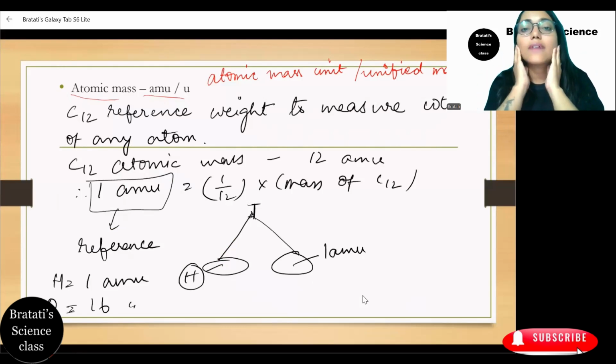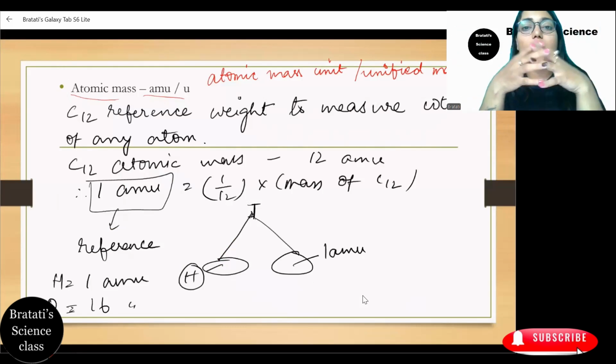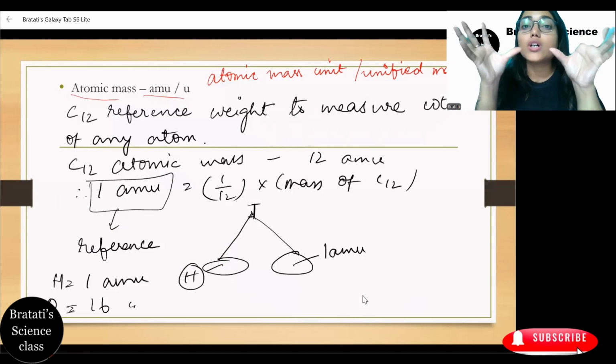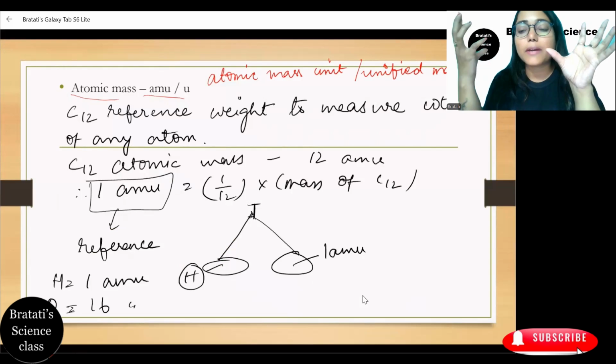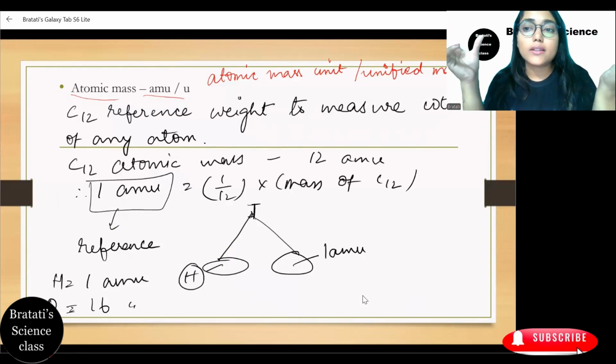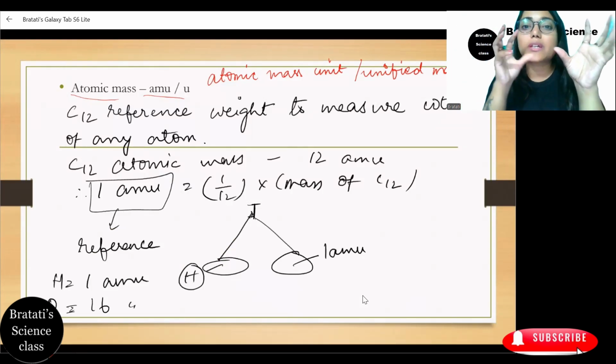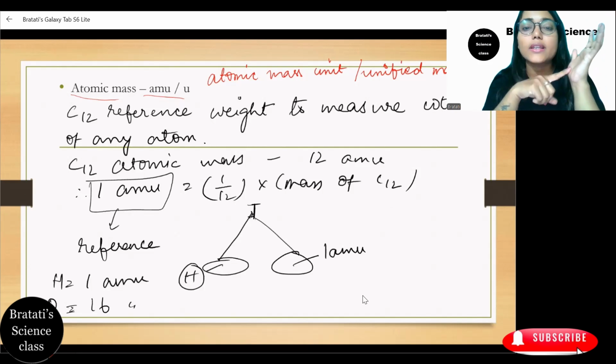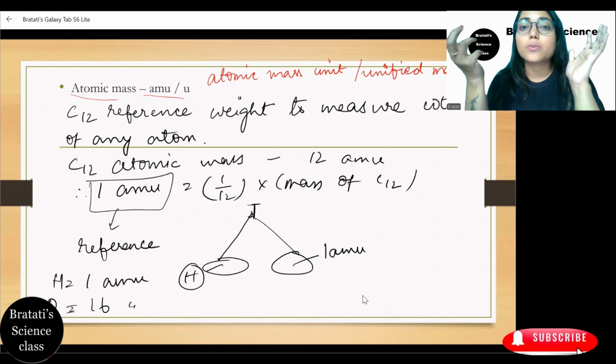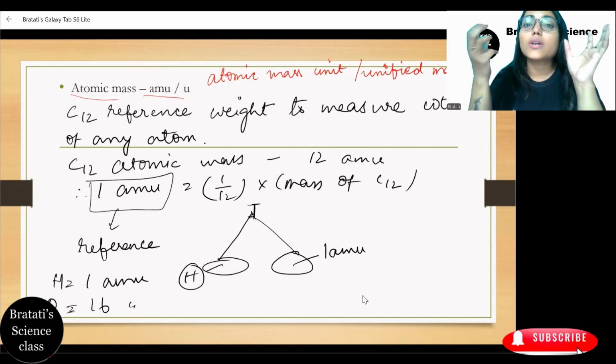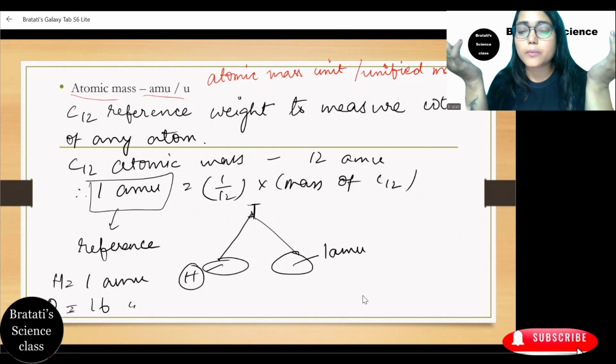Just imagine, we have to weigh fruits. When we are going to the market, we are weighing everything in a weighing balance, where we have two parts. On one part we have the product whose weight we want to measure, and on the other side we put some weight that we know, like 1 kg, or 500 grams, or 250 grams. Then we compare it with the product that we want to take, right? This is how in general we go to the market and buy products.